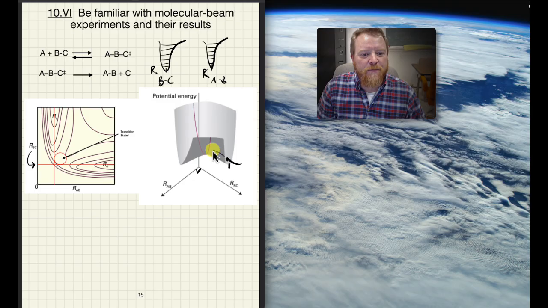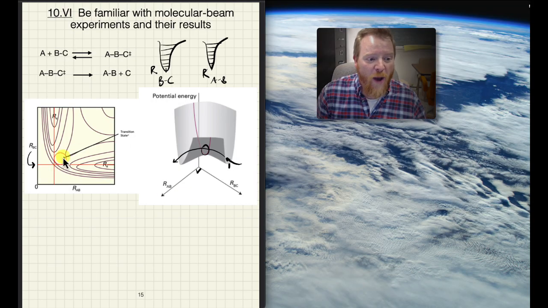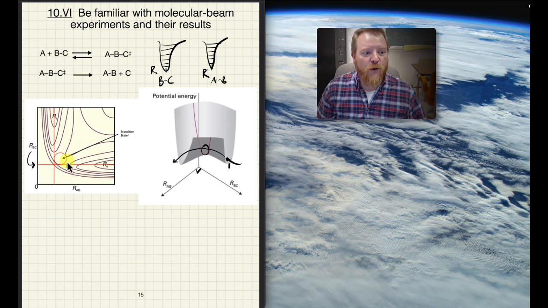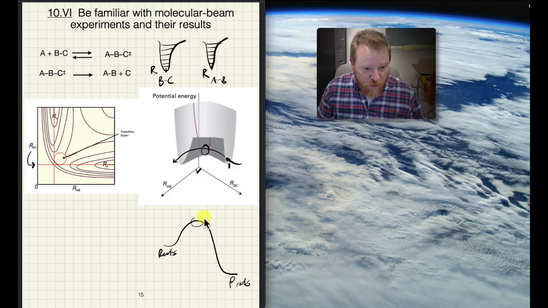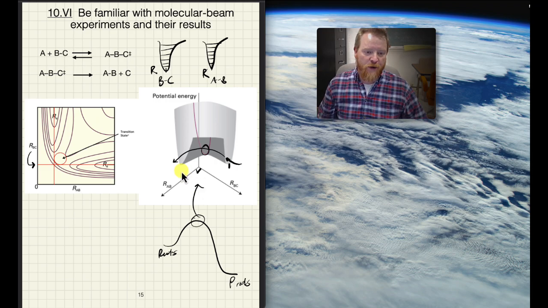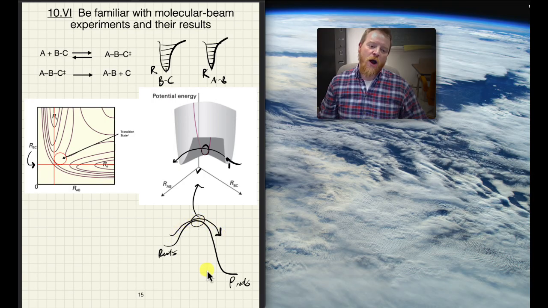And now as it moves through this potential energy surface, it hits a saddle point, which we know as the transition state. So we can really think of that transition state as the top of our activation energy curve. So there's our reactants, there's our products, and zooming way into that gives us this diagram. So what we want to see is a reactant successfully move through the transition state and on to products.